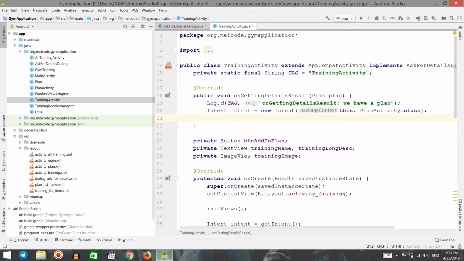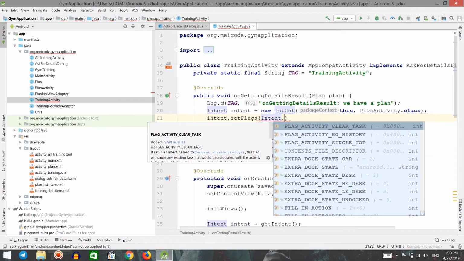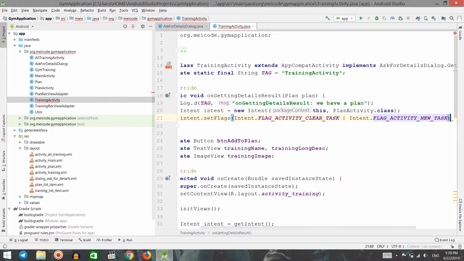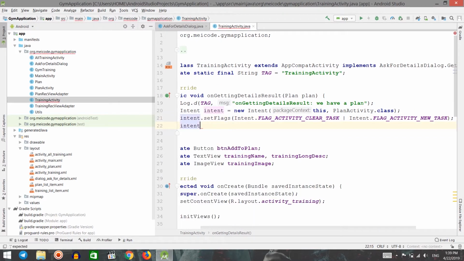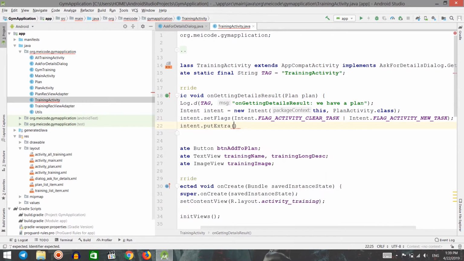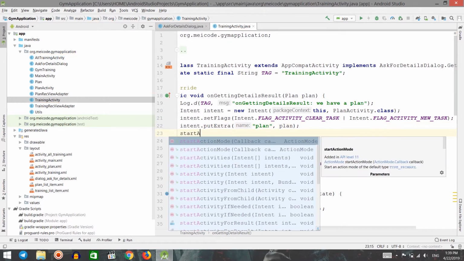Also, I'm going to set the flag to create a new task because we don't want the user to navigate back to this training by pressing the back button. For that, let's say setFlags, Intent.FLAG_ACTIVITY_CLEAR_TASK or Intent.FLAG_ACTIVITY_NEW_TASK. Let's pass our plan as well. Put extra, plan as the key and our plan as the value. Then startActivity